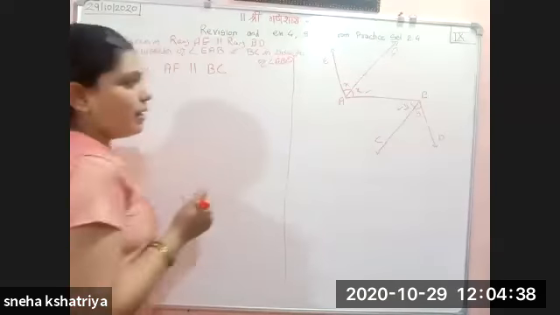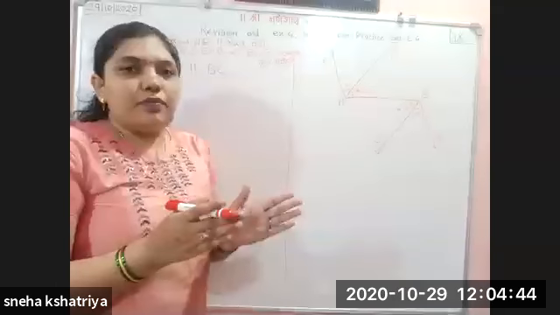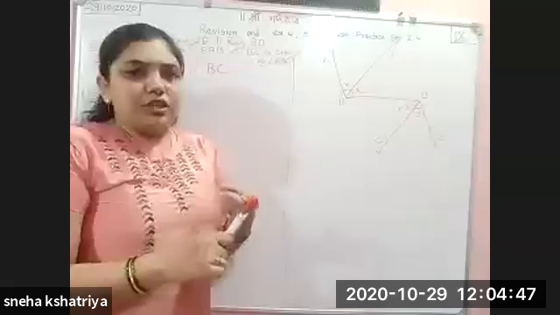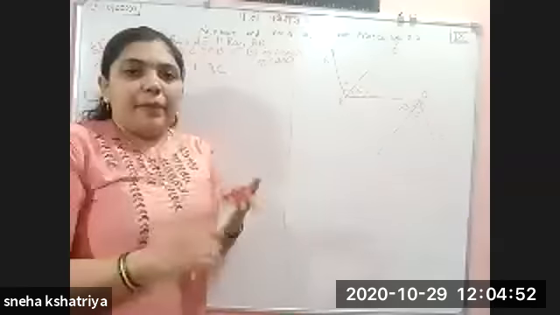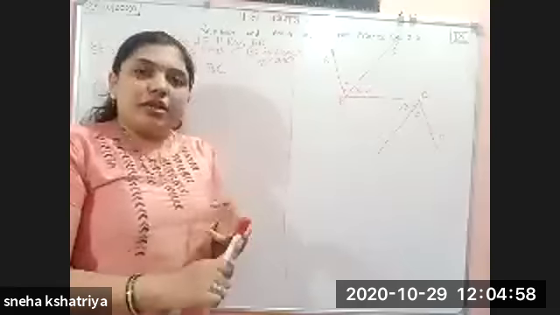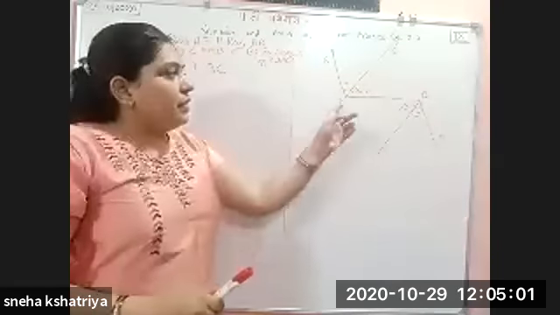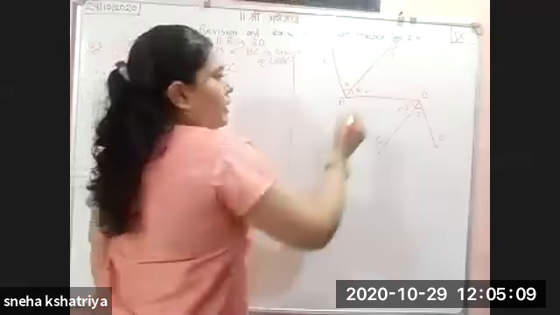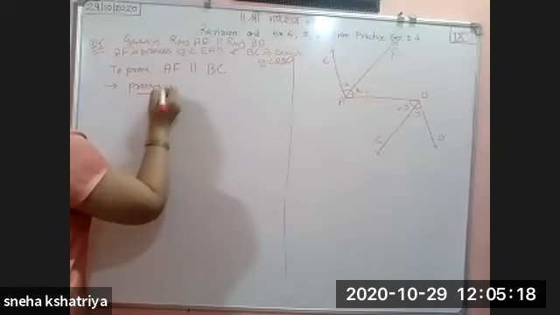In the tests of parallel lines, we have seen the conditions to prove two lines are parallel: either the corresponding angles are congruent, or the alternate angles are congruent, or the interior angles on one side of the transversal are supplementary. If any of these conditions is satisfied, then we can say the two lines are parallel. But here we form a pair of alternate angles, so we can consider these two angles. First, we will write down the proof, and we will use the given things.